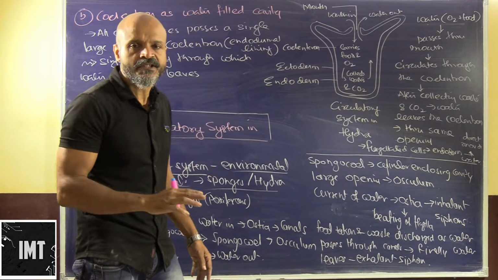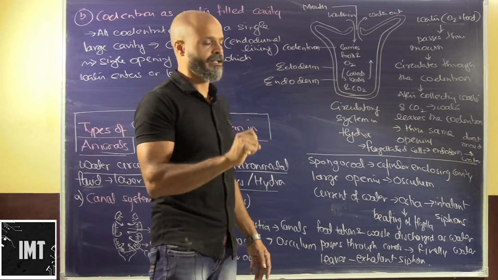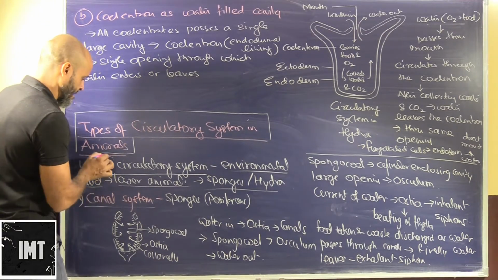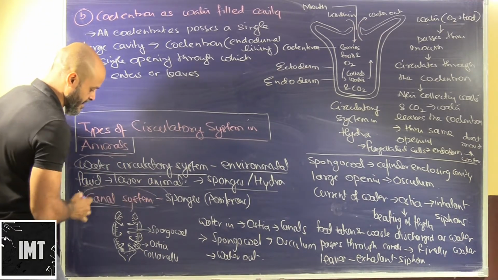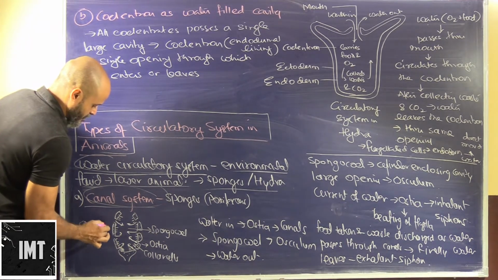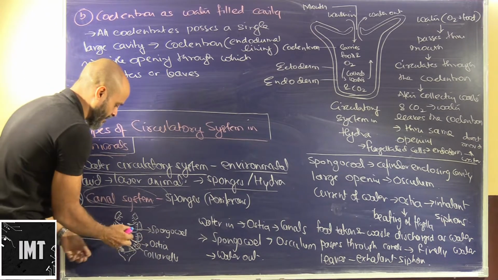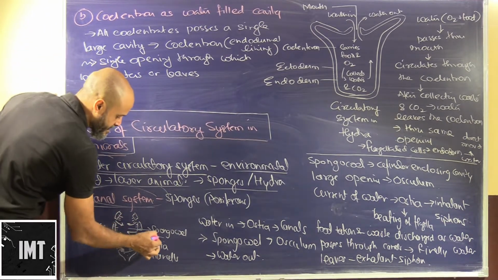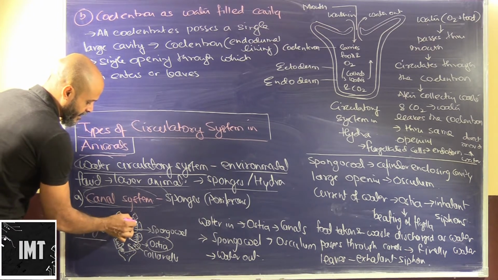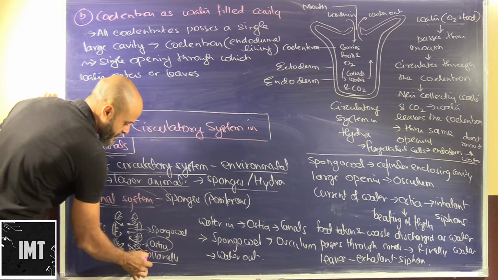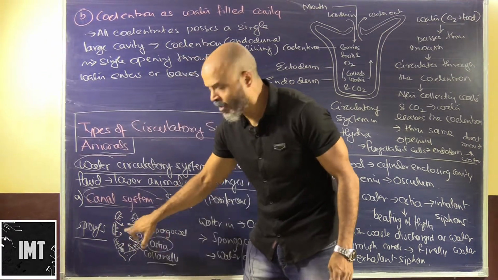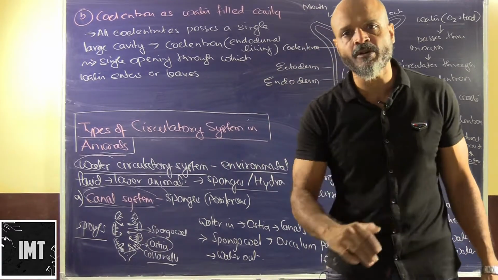So these are generally seen in aquatic marine organisms. So let's say the first category in the water circulatory system would be the canal system. So how does the body look? Let's say this is basically a sponge. It will have a lot of ostial openings. These are known as ostia, and there are flagella out here. These are known as collar cells. There are a lot of openings, that is ostia, through which the water enters.